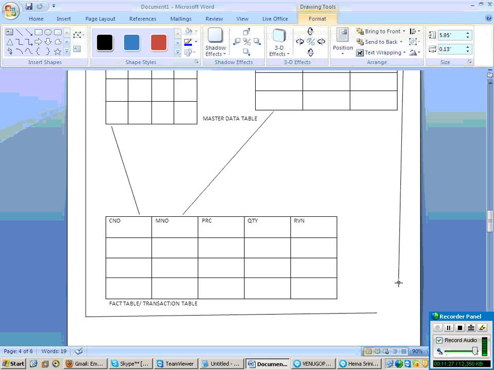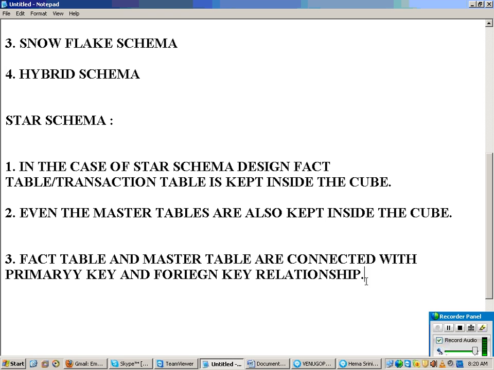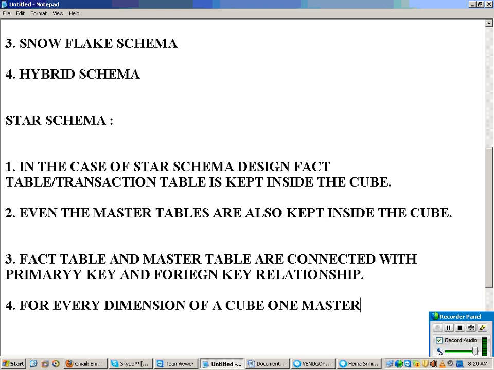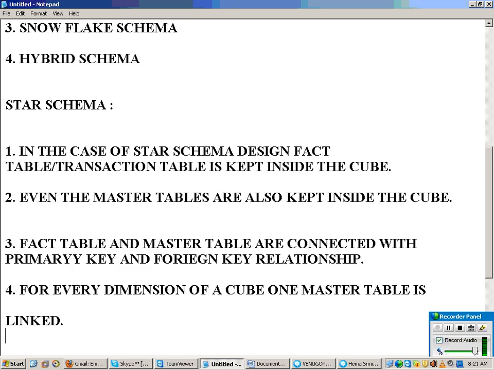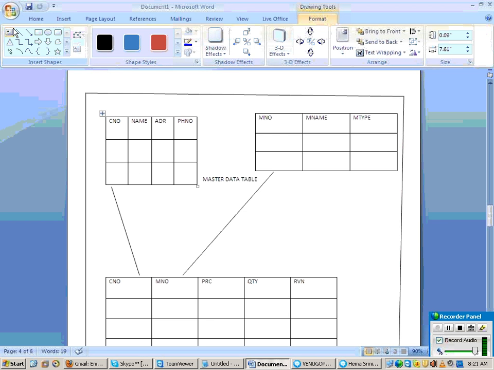So now, this type of design is called star schema design. And what is the last point you can see is, the fact table and master table are connected with primary key and foreign key relationship. And one more thing is, cube has 16 edges as I said. For every dimension of a cube, one master table is linked.